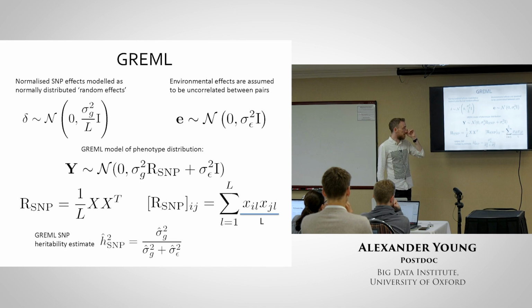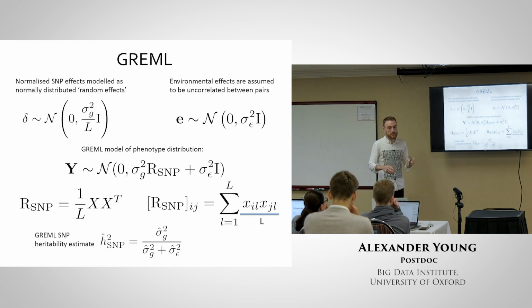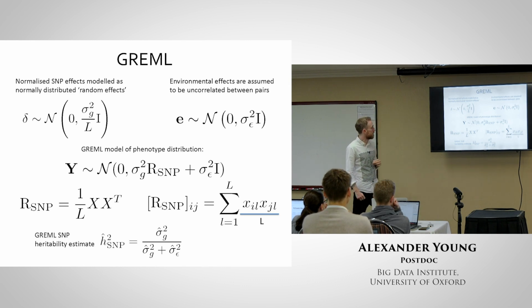The standard assumption is that the genetic effects are normally distributed. As we were discussing yesterday, I like to think of this as a prior on the genetic effects. But because of this assumption and the way the genotypes are normalized, it does imply a particular relationship between allele frequency and effect size: the effect size goes up as the allele frequency goes down, in such a way that the expected variance contribution from any SNP is the same irrespective of the allele frequency.